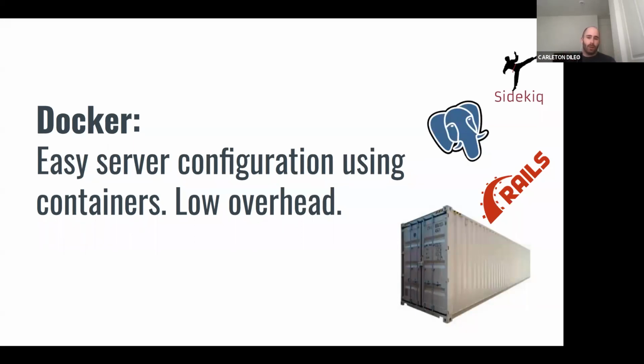But with AWS, the issue becomes, well, how do I configure these servers? I'm using Ubuntu or Red Hat or CentOS, and there's a whole bunch of configuration that goes into a Rails app, right? You have Postgres, Sidekiq, Rails, maybe even more. And this is where using a tool like Docker provides an easy way for us to do configuration management using containers. And I put this picture on the bottom right-hand side because when I was learning about Docker,